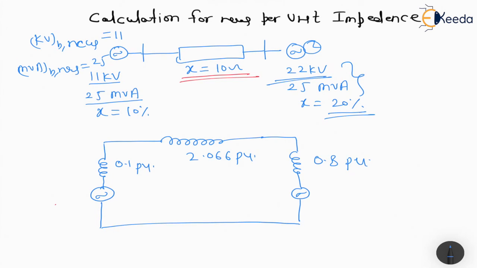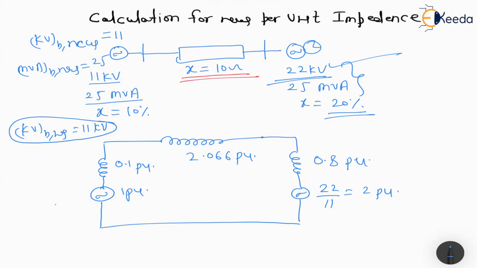We have two voltages, and for the common voltage we have chosen 11 kV, meaning KVB new was 11 kV. Whatever voltage we have chosen for the circuit is applied to find the per unit value of the voltage. So here it will be 11 by 11, 1 pu, and here the actual value is 22 kV and the new base we have taken is 11 kV, so it will be 22 upon 11, which is equal to 2 pu. Since this question is not practical, we have solved it by taking suitable values for understanding.